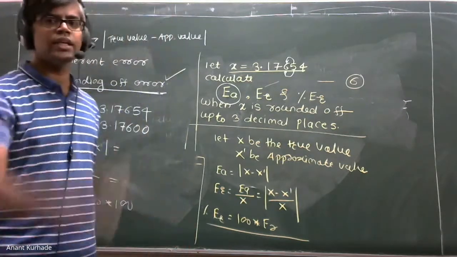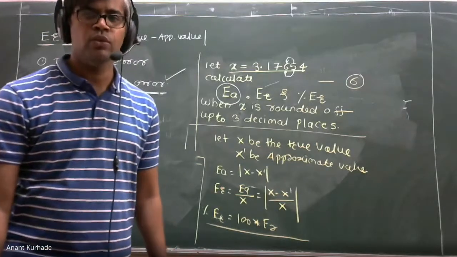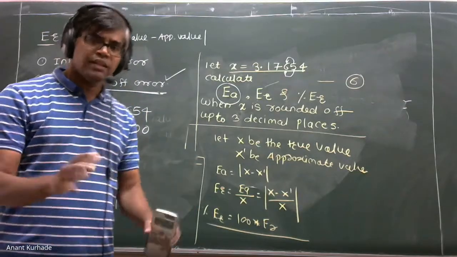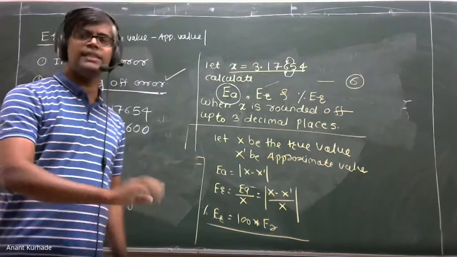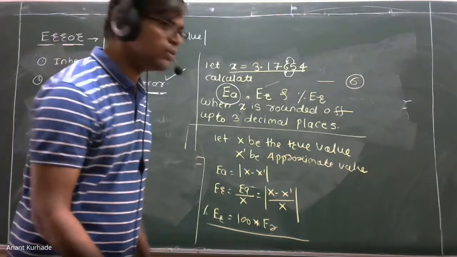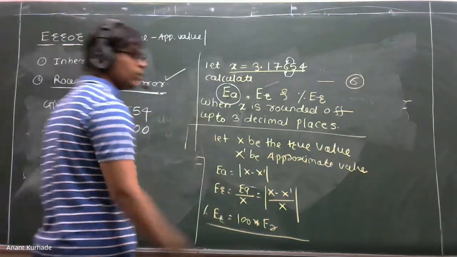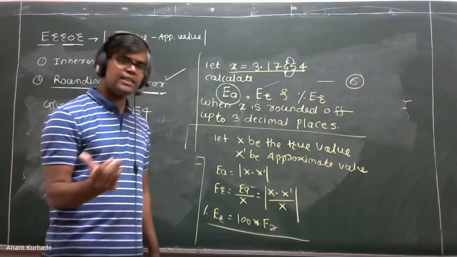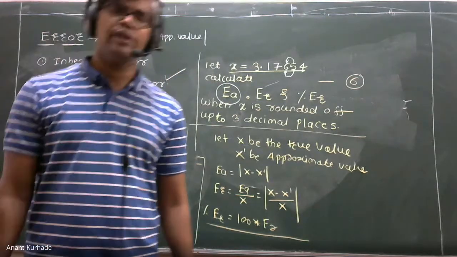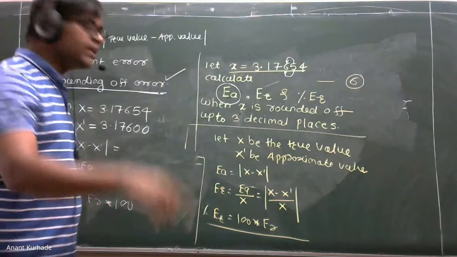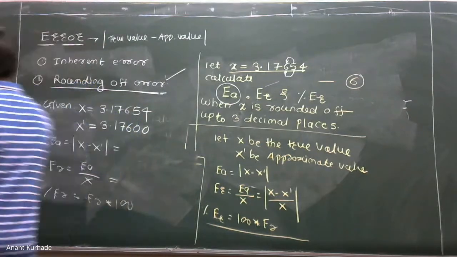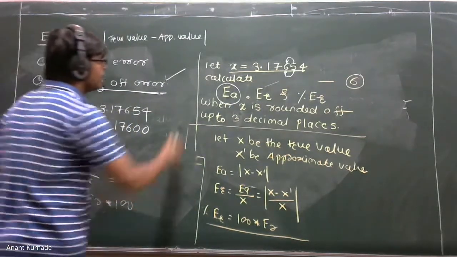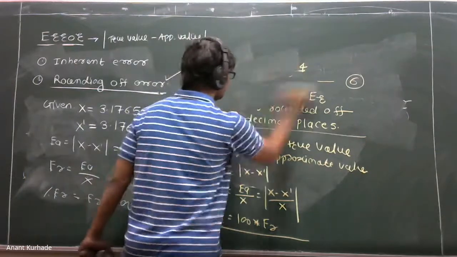So you can write 3 rules. If the next decimal place number is less than 5, then don't add 1 to the previous number; keep it as it is. If it is greater than 5, then add 1. If it is equal to 5, then check whether the previous decimal place number is odd or even. If it is odd, then add 1. If it is even, keep it as it is. Consider 0 as an even number.